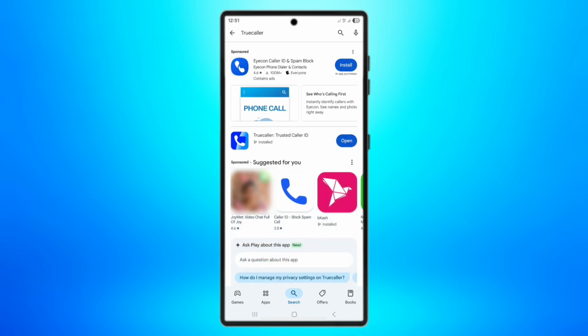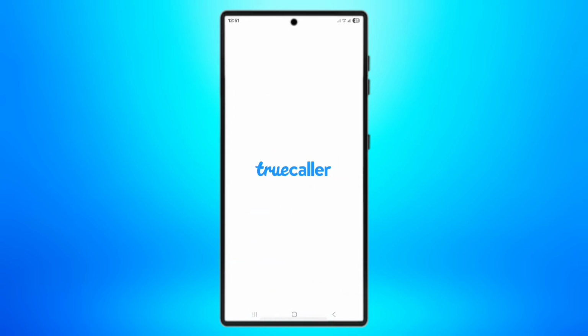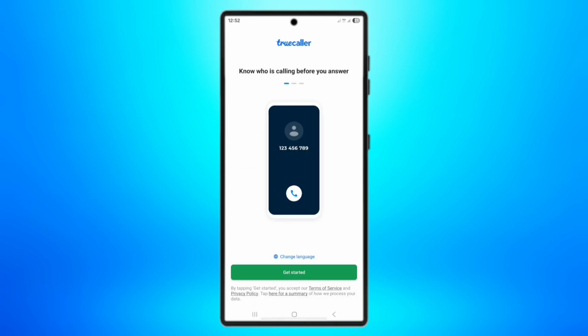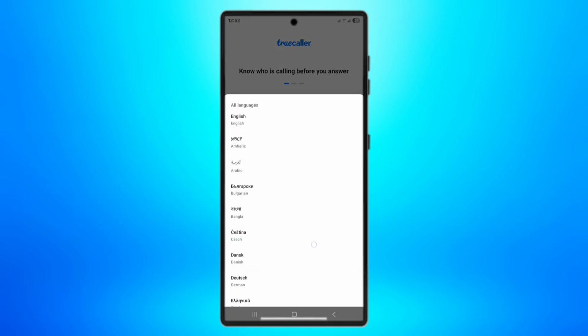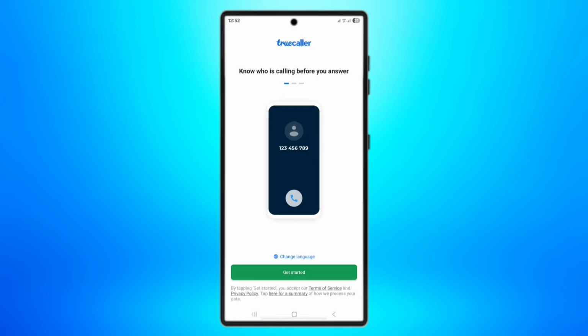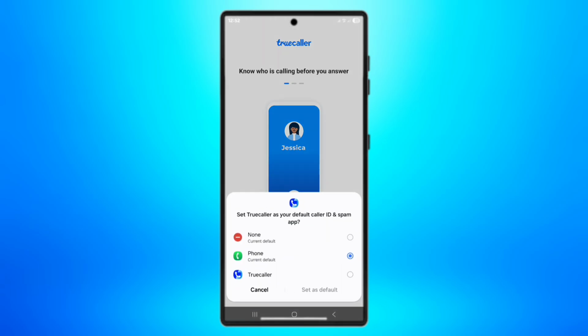Once installed, open the Truecaller app. On the welcome screen, you can change the app's language. Just tap on change language option and select your preferred language. Then tap Get Started. When prompted to set Truecaller as your default caller ID and spam app, you can cancel